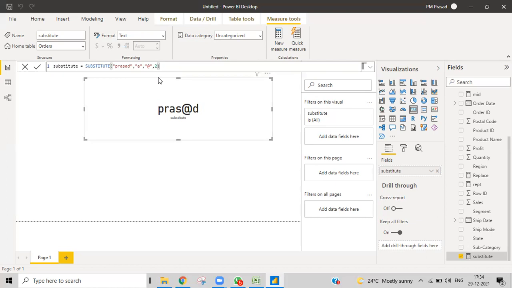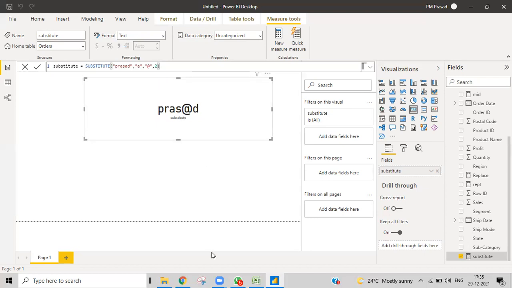Whenever we want to substitute a part of a string with another part of a string, we have the optional instance, so keep whichever instance you want. If you have 3 or 4 instances of the text string, and you want to check for the second instance and replace it, we can do that from here also.